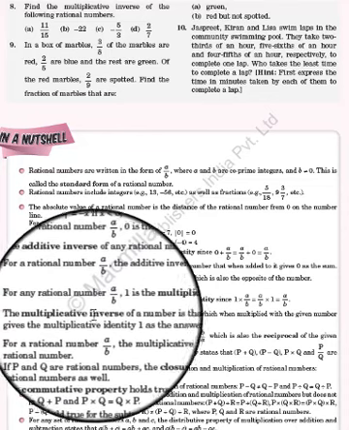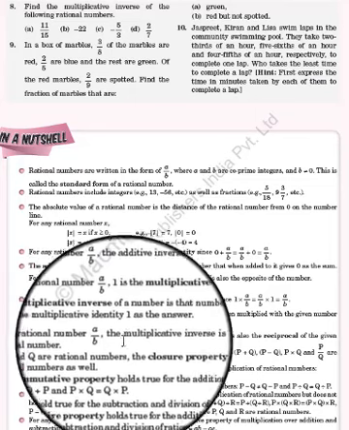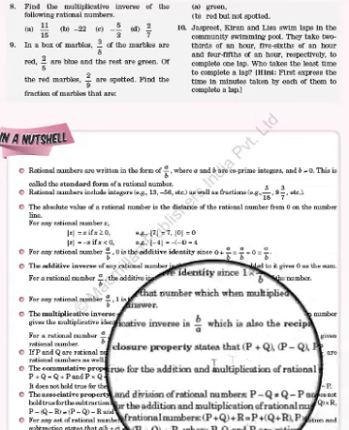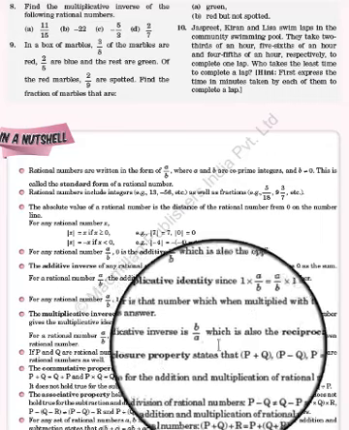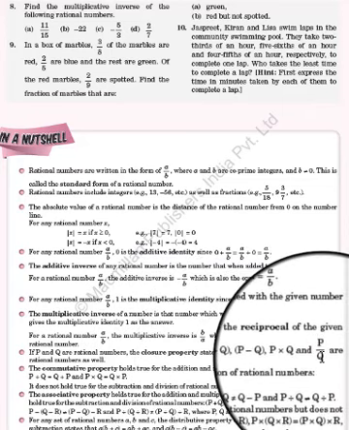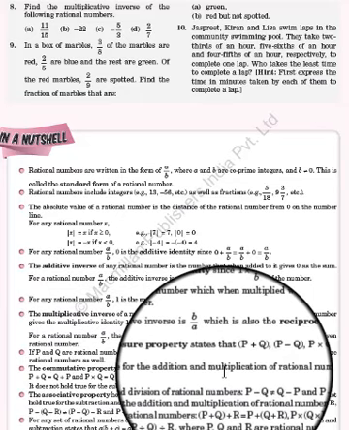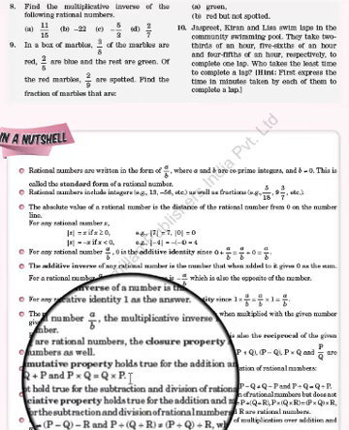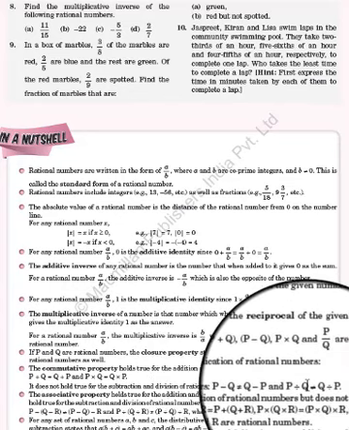Both are the same thing. Multiplicative inverse means, as we have done in question number 8 just above, that you take the denominator to the numerator and the numerator to the denominator, or we can simply say the word reciprocal. Then we have studied the closure property, and we came to know that the closure property exists in the case of addition, subtraction, multiplication and division. Then we have the commutative property, which says that addition and multiplication of rational numbers in any order gives the same result, but it does not hold in the case of subtraction as well as division.